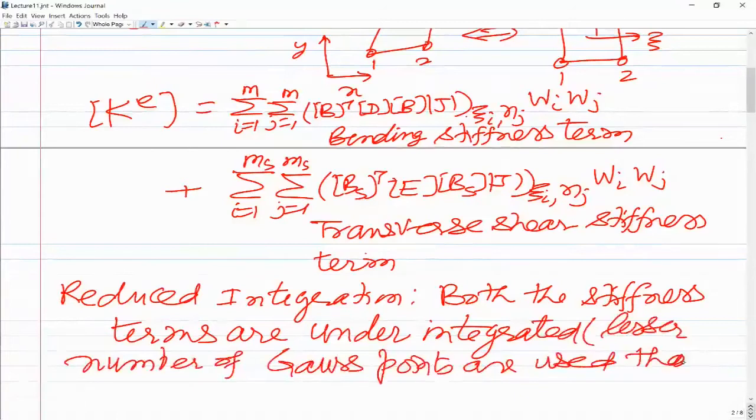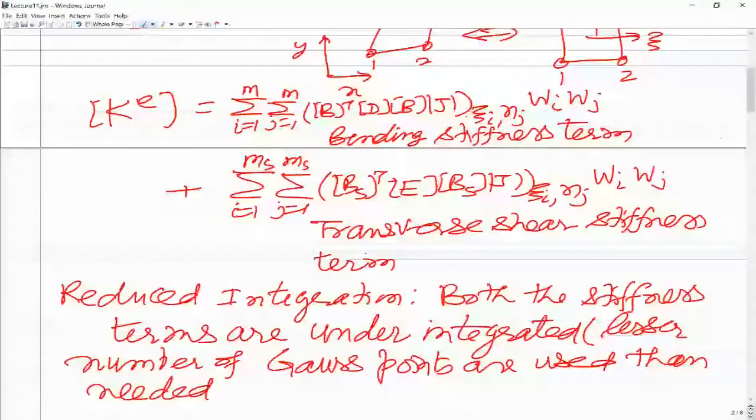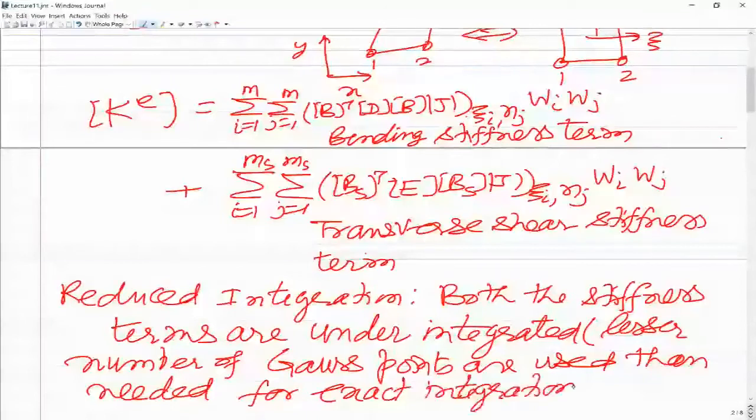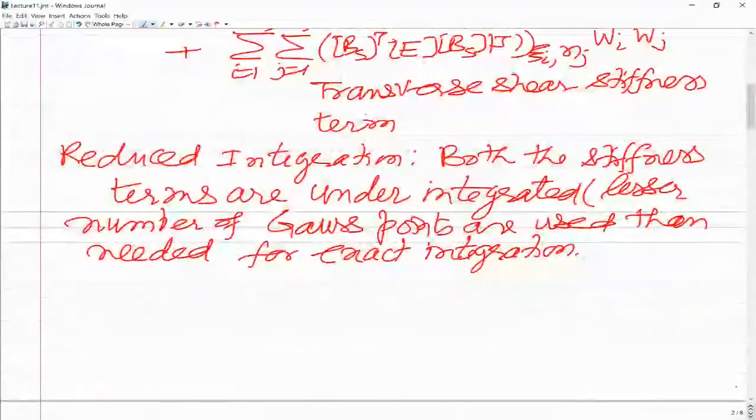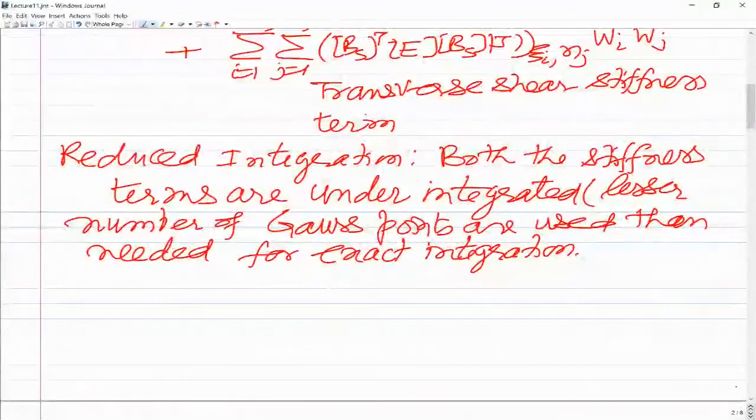This is known as the reduced integration. Then in the selective integration,